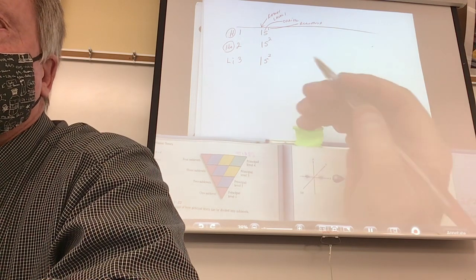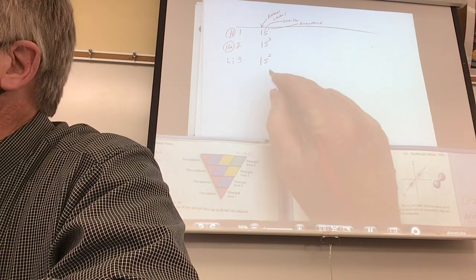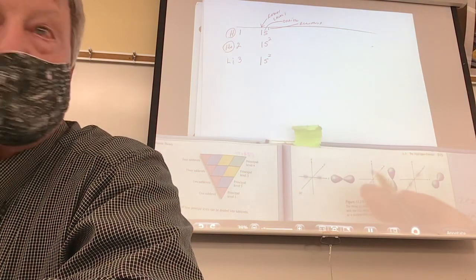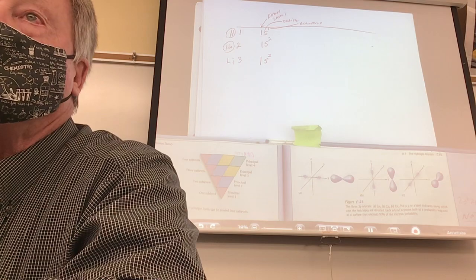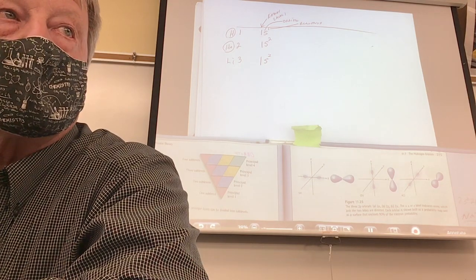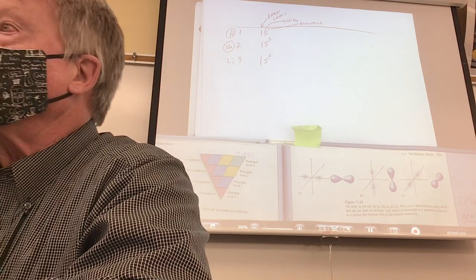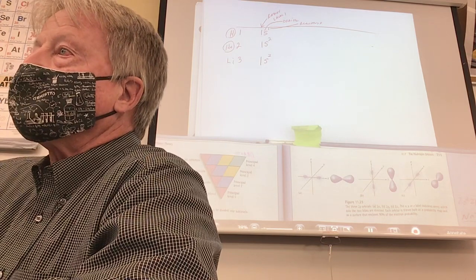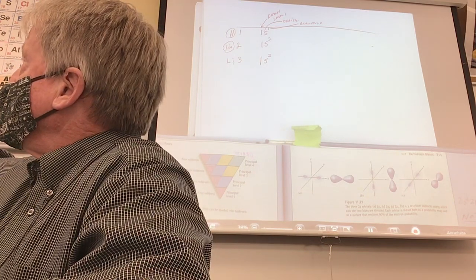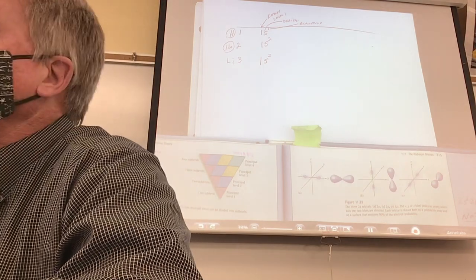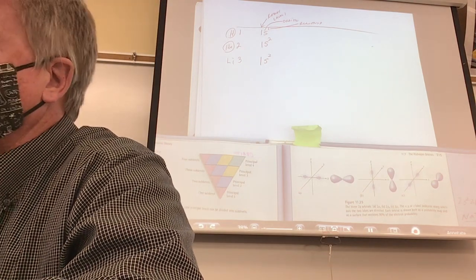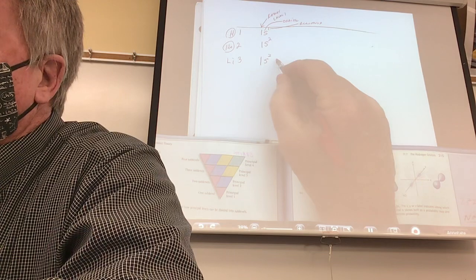What are you going to do with the 3rd electron? Can I put it in the first level? No. There's no other place for it. But where do I go then? You got to go up to energy level number 2. And here's the beauty. What is the first element in period number 2? Who's the first element that would need a second energy level? Lithium.